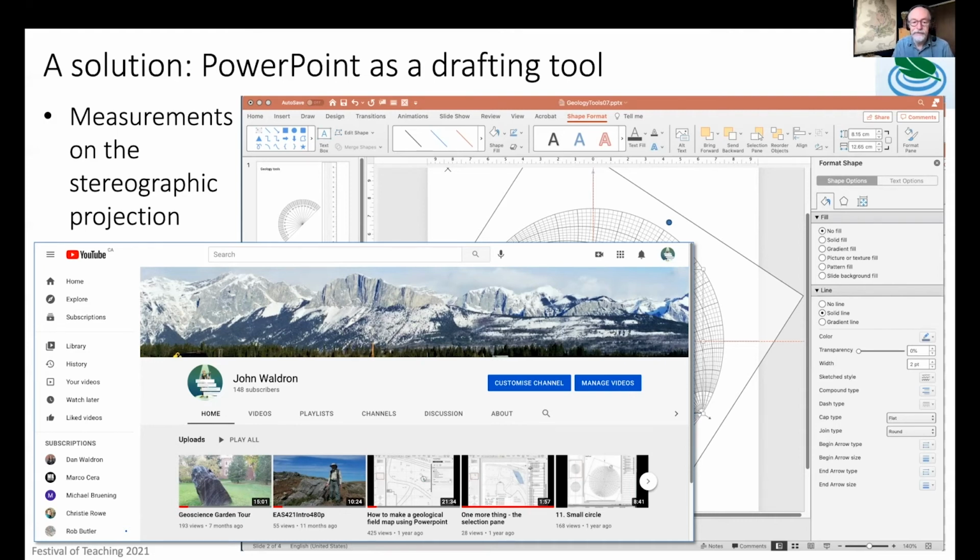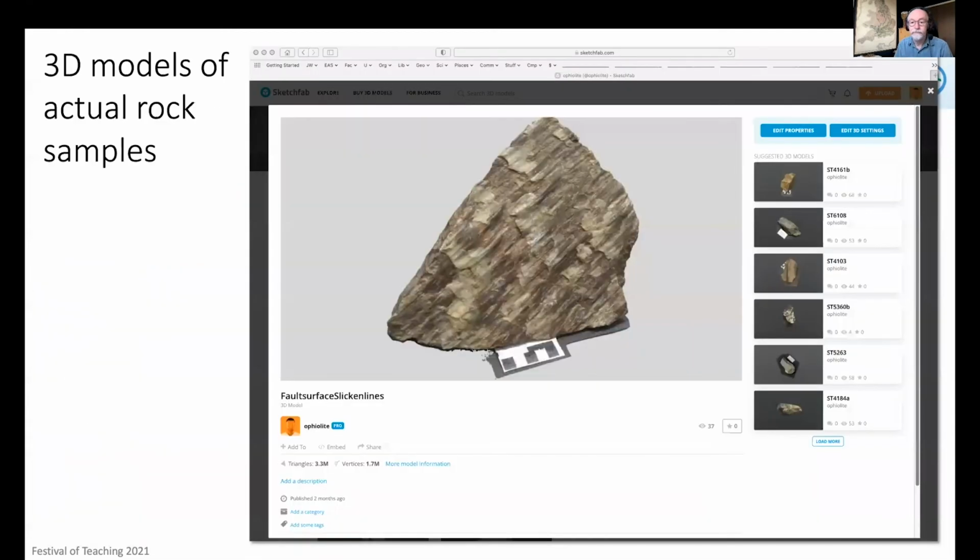I have 148 subscribers, as you see here. And I have well over 7,000, nearly 8,000 views of these little tutorials on how to do things on the stereographic projection. Most of them are only 2 or 3 minutes long, which for something commonly regarded as obscure and technical, I think is pretty good going in outreach terms. So we have made some attempts to distribute this technique around the world, and a number of people have indicated that they're going to use it going forwards.